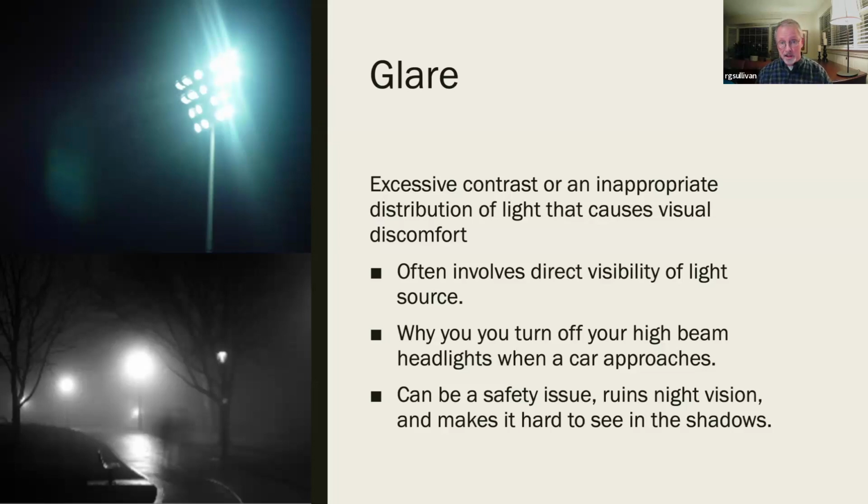And also, because your eye adjusts to the light that you're exposed to, when you look at glare, your eyes will very quickly adjust to that glare. And then when you step out of that lit area, you really won't be able to see well at all. So you can't see what's in the shadows. So if you think about security around your house, if you shine a really bright light, and your eyes adjust to that light, it makes it harder for you to see in the shadows. So if the bad person or some threat is actually in a darker area, you will not be able to see it.